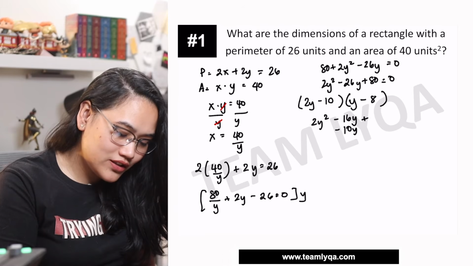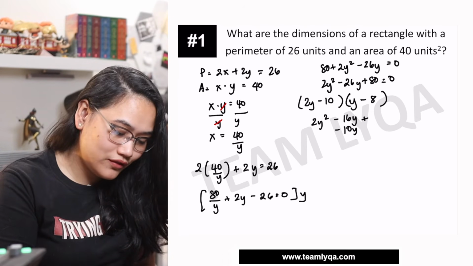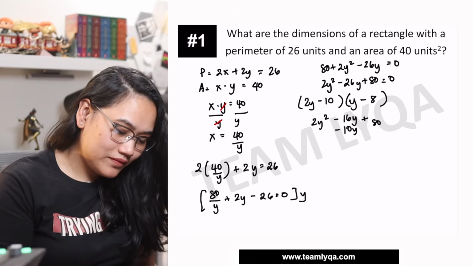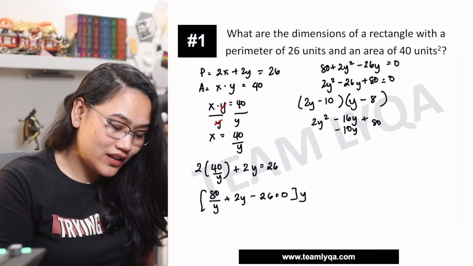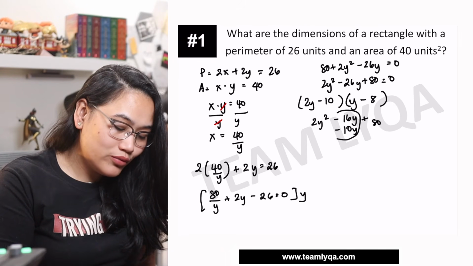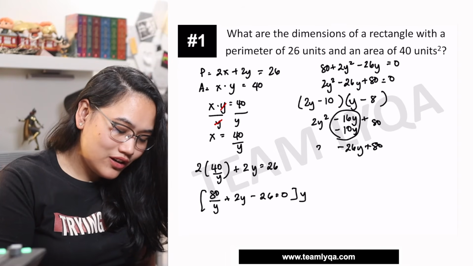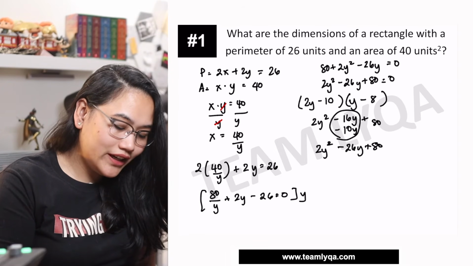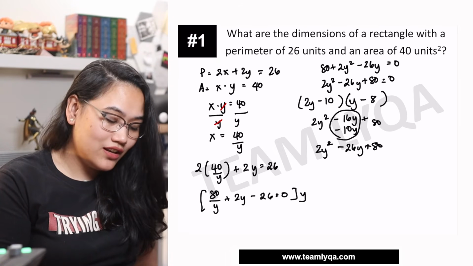And then you have plus, kasi 10 times 8, tapos pareho silang negative, so that will be positive, plus 80. So again, as you can see, pag nagsama mo yung negative 16y tsaka negative 10y, that's going to give you itong buong ito is negative 26y. So, pareho lang siya dun sa target natin, which means tama itong nakuha natin 2y minus 10 at saka y